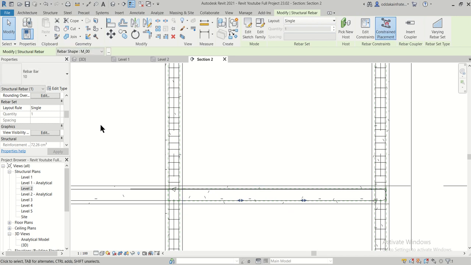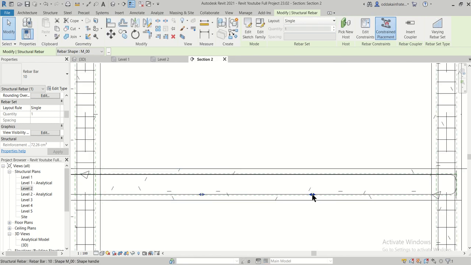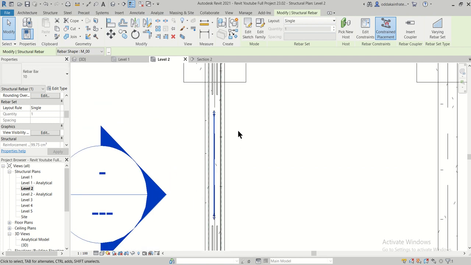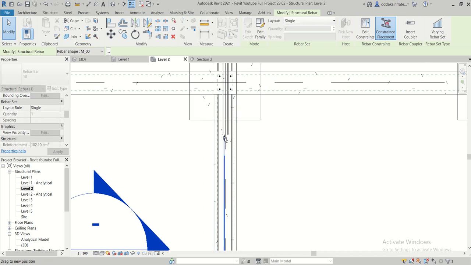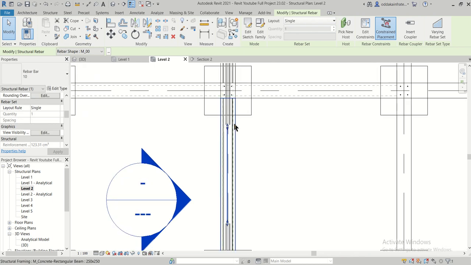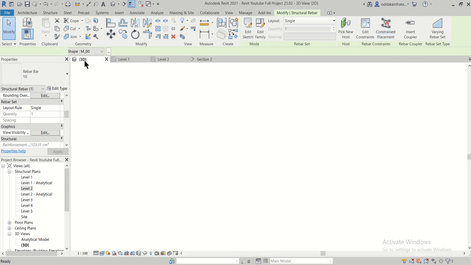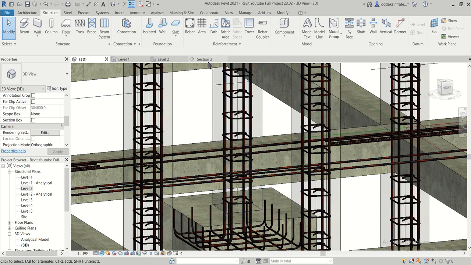So when this is moved to the center, you can just go to the edit and select these two options, okay, and then just increase the size of it. And when this is selected, you can go to level 2 and you can change the position here to the center and increase the size as well. So this is the center, and after that you can observe them in the 3D view as well. This is the beam, this is the reinforcement at the center.